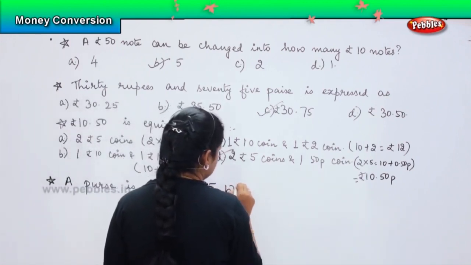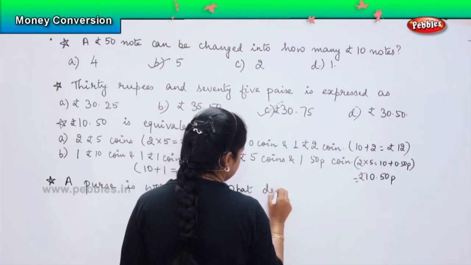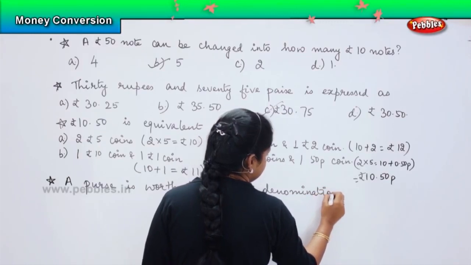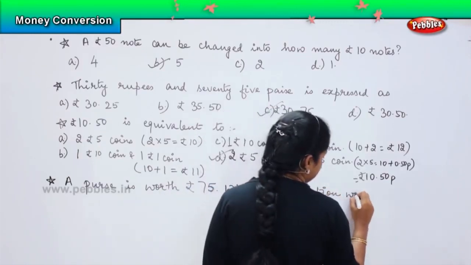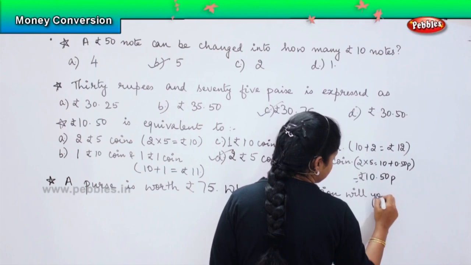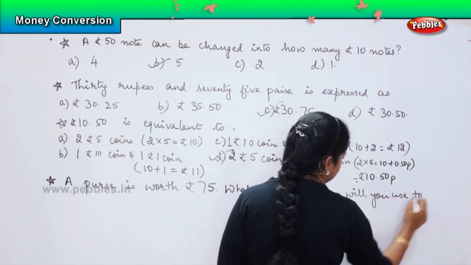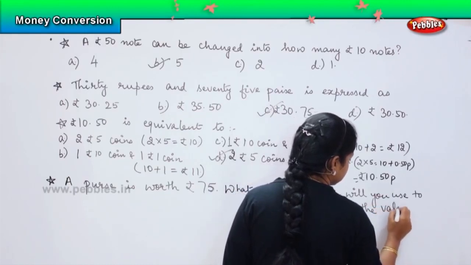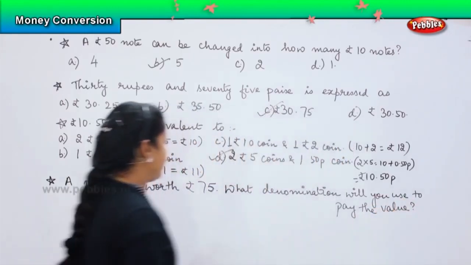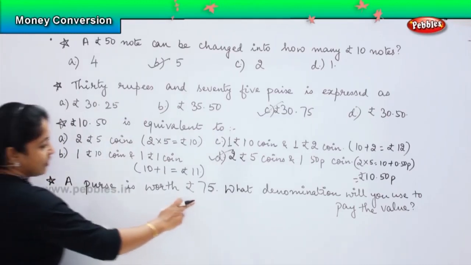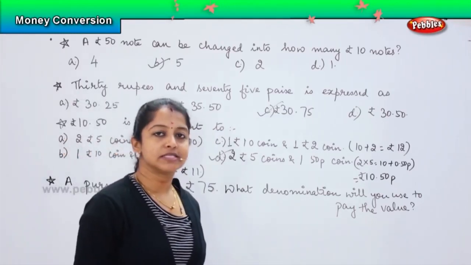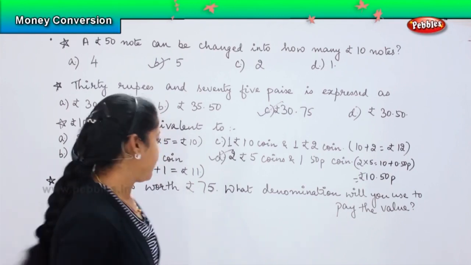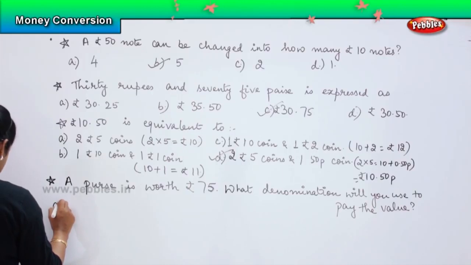So what denomination will you use to pay the value? Okay. So the purse costs 75 rupees. We know that there is no currency or note which has a denomination of 75 rupees. Right. So the options given here are